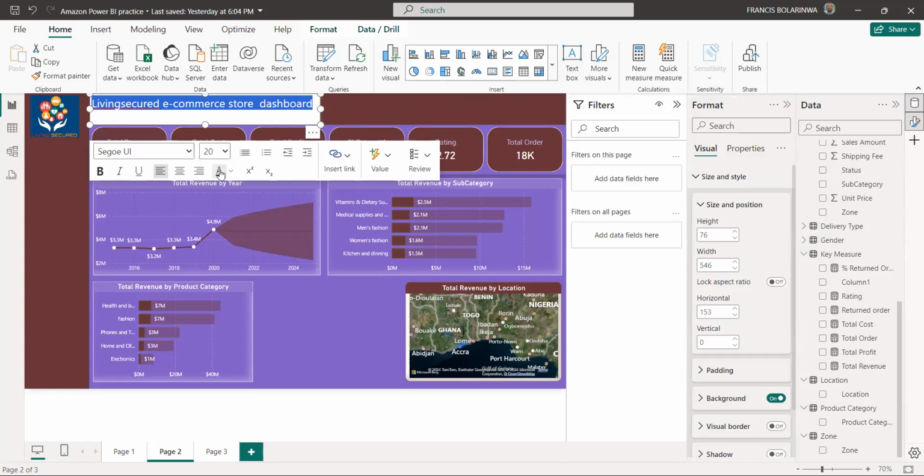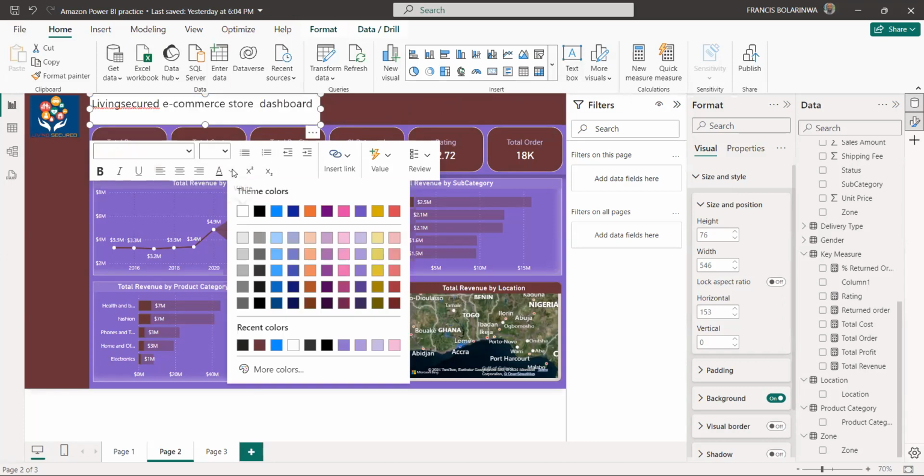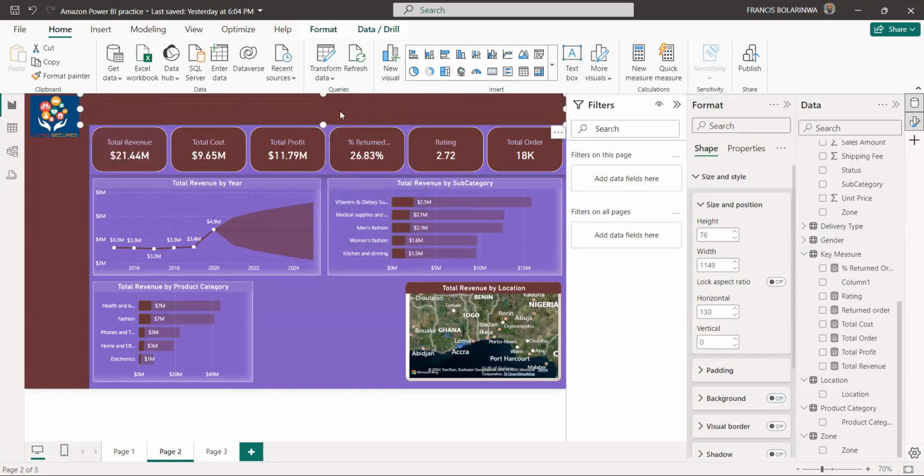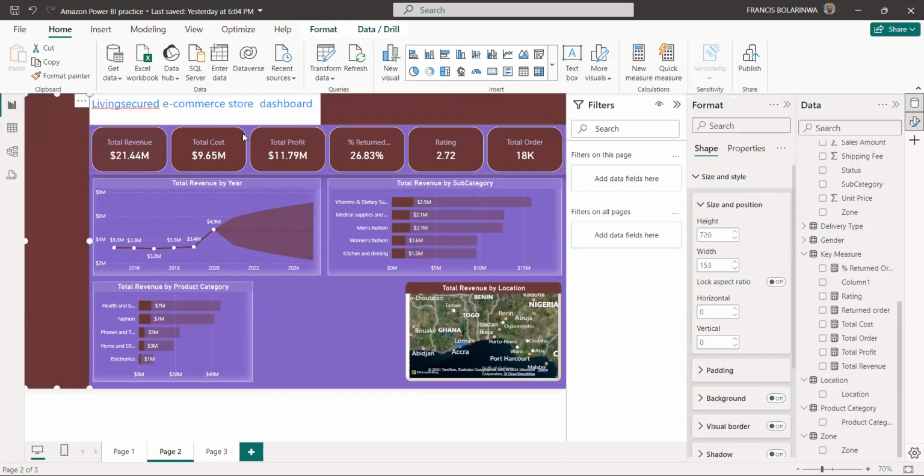Yeah, that one here. So if you click on that, this is where you can pick the color of the text. But if you notice now the background, can you click inside that text box again?